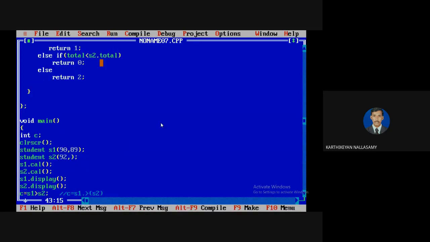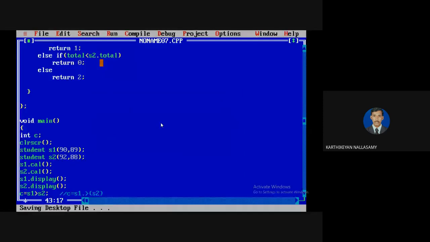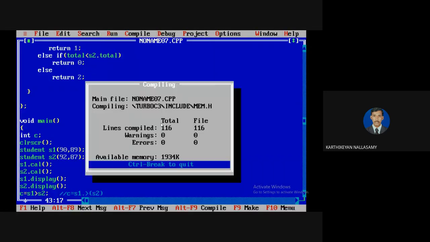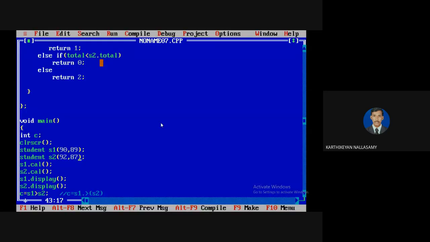Instead of that, I'm going to use 88. So I'm going to compile now. So now you can compile. For this case, the total marks of both students are equal, so it returns that S1 and S2 are equal. So from that, we clearly understand the concept of relational operators.